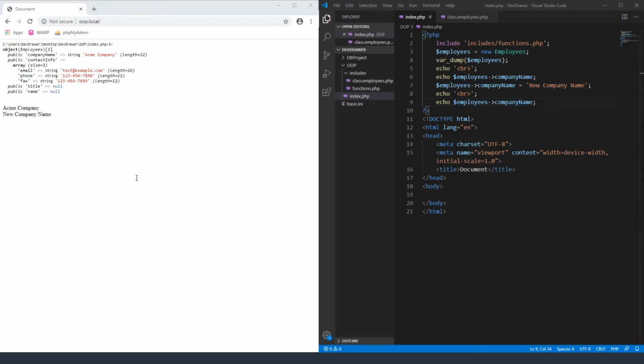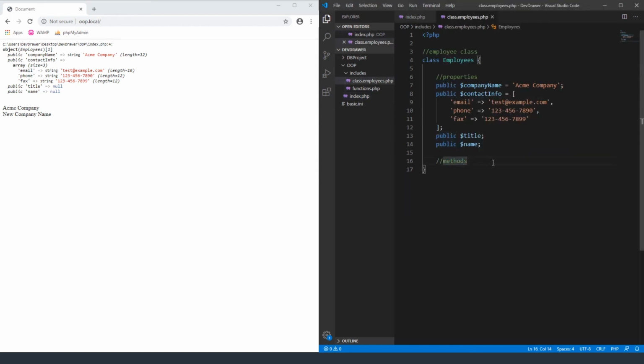All right, so let's say we want to create a function to change the company in real time. Let's go back to our classes, and this would turn into a method. This method is just like functions. Normally you would do function change company, and that's how we typically did it in our previous tutorial. For this tutorial, we're going to use it as a method, and it's going to be a public method because we want to be able to access this from the front end. So inside of this, we want to use